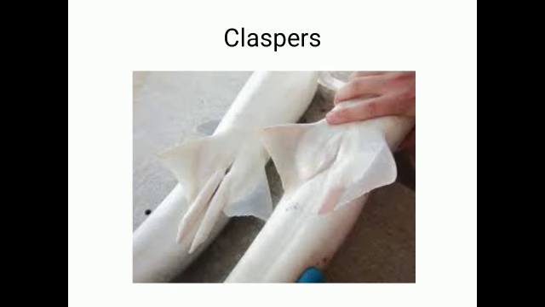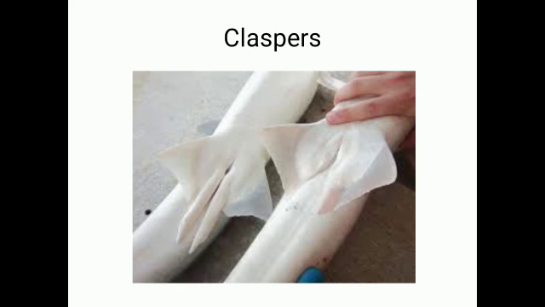Then there are claspers. Claspers are the extension of the pelvic fin. We earlier discussed the pelvic fin of males. These are the claspers, the modification of pelvic fins. They are inserted in the cloaca of the female at the time of mating for pouring semen into the cloaca. So these are certain features.